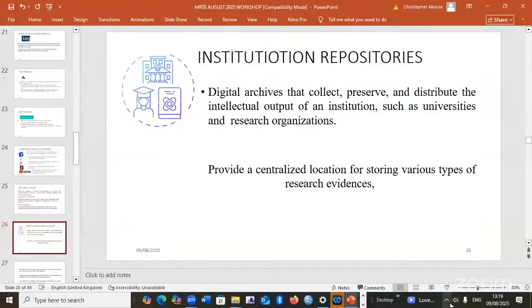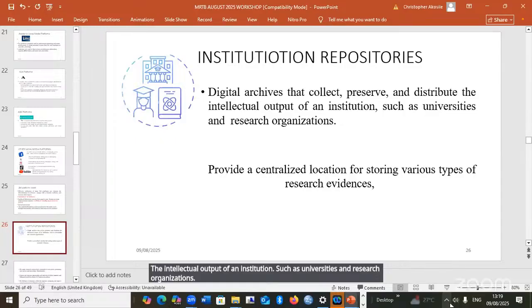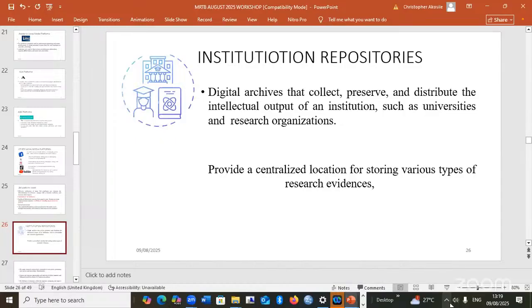The next platform we talk about is the institutional repositories. What are institutional repositories? They are digital archives that collect, preserve, and distribute the intellectual output of an institution, such as universities and research organizations. Institutional repositories provide a centralized location for storing various types of research evidence.